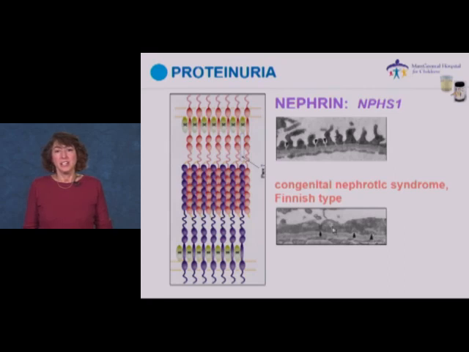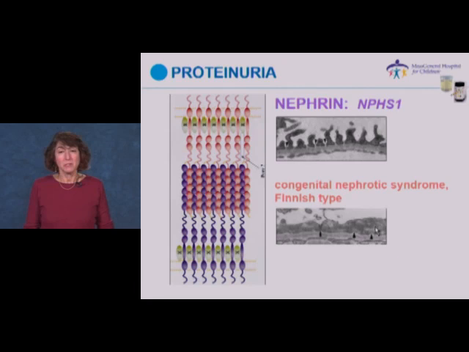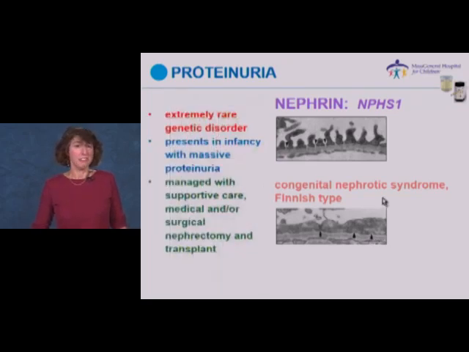Here you see a foot process layer that has no podocyte, a podocyte layer that has no foot processes at all, but an otherwise intact GBM beneath it. All right, nephrin